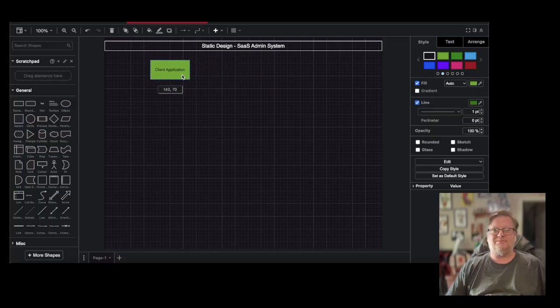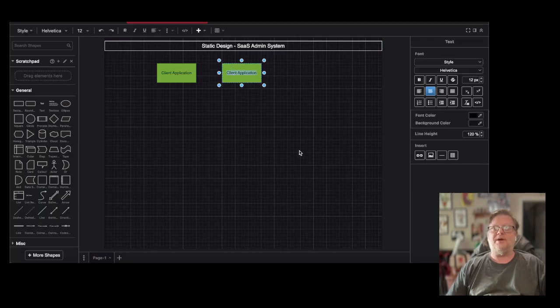However, we have another client for this, and it's going to be endpoints for, I'm just going to call this the